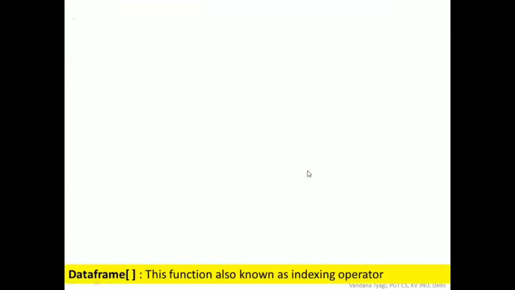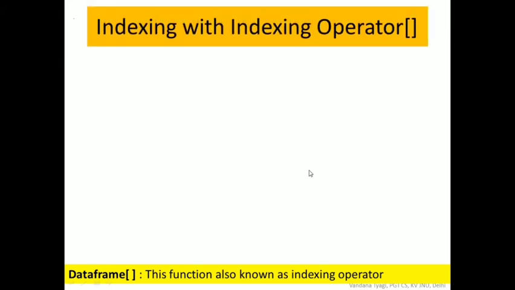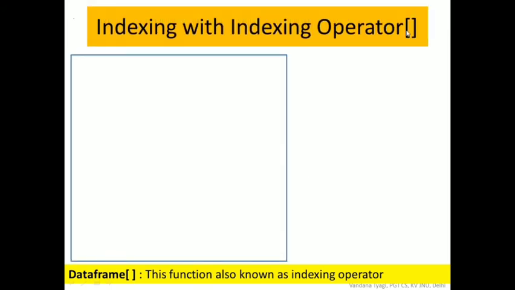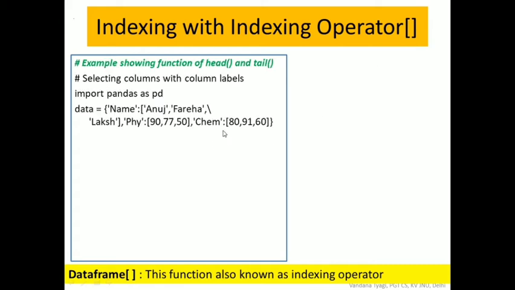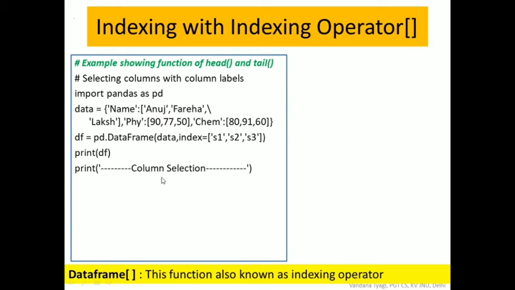If you come across the term subset selection, it also means that we are selecting some particular rows and columns from the data frame. For indexing with the index operator, the first thing is that we directly use this list operator to do the indexing. The first section is data frame creation, now column selection. See what we are doing, we are writing data1 = df['physics']. This is my column label, which we simply pass inside the index operator, and the data is stored in data1.